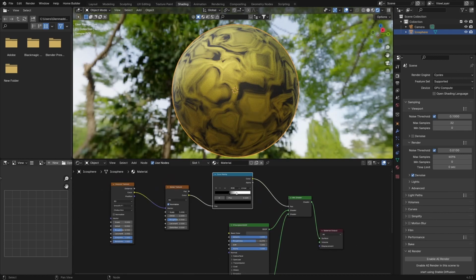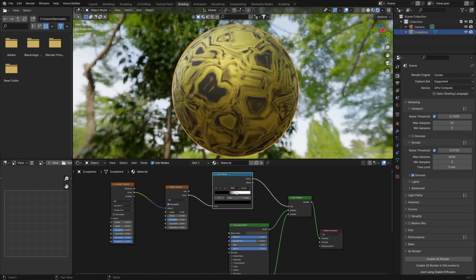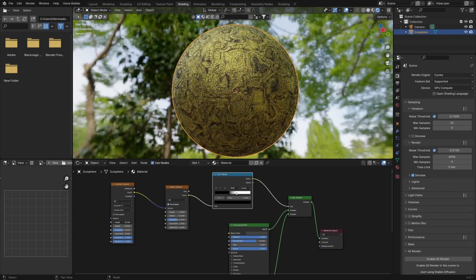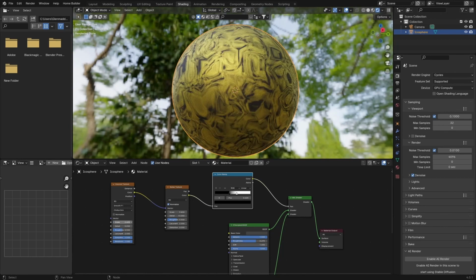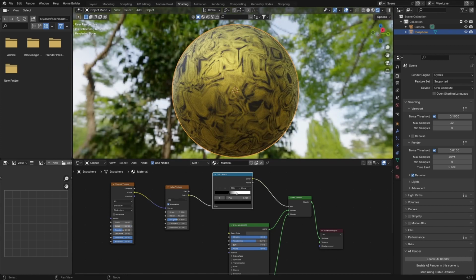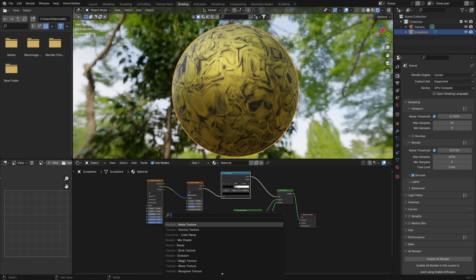And what you can do is play with the scale. You find something that you like. Detail you can bring up. Scale of this you can also bring up, bring it down. And the detail you can bring up. That changes this. So what you want to do is actually bring it down all the way. And then go Shift A, type in bump,